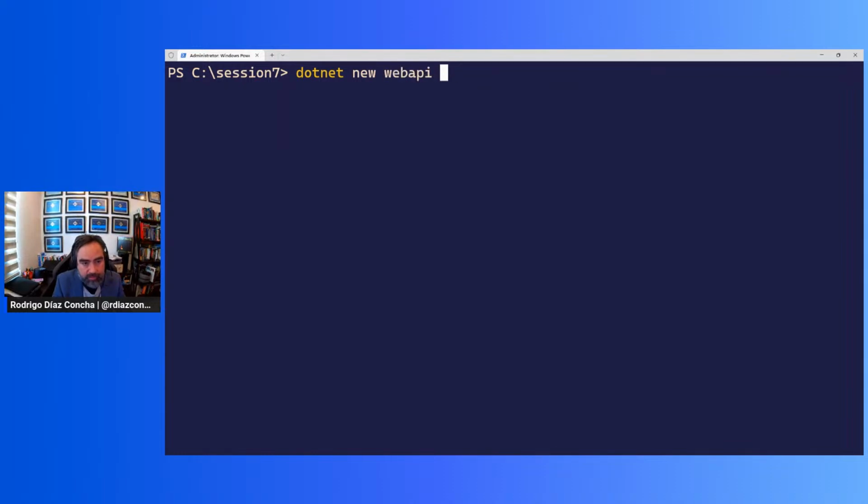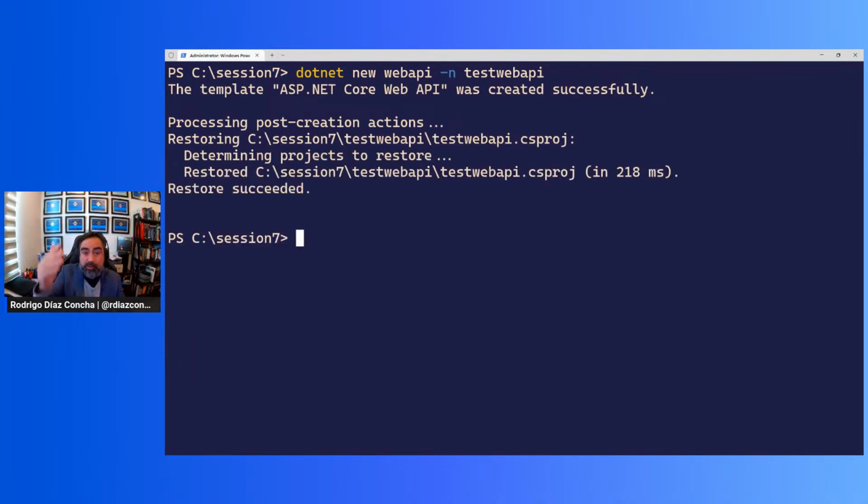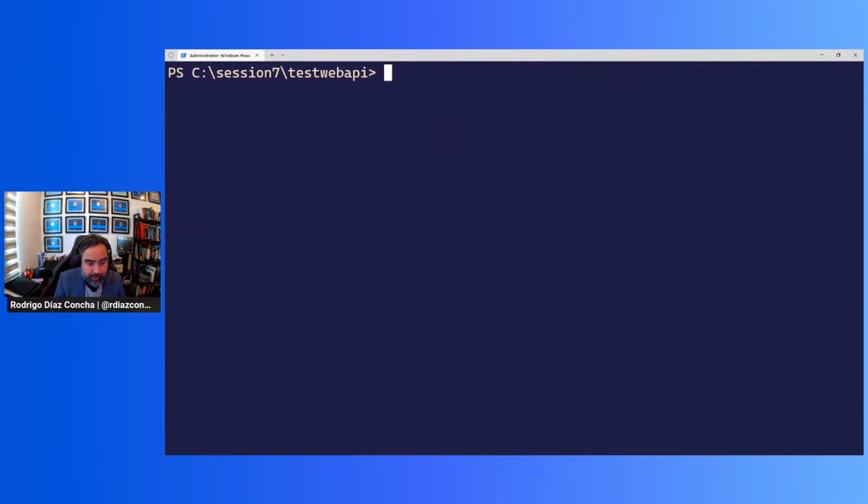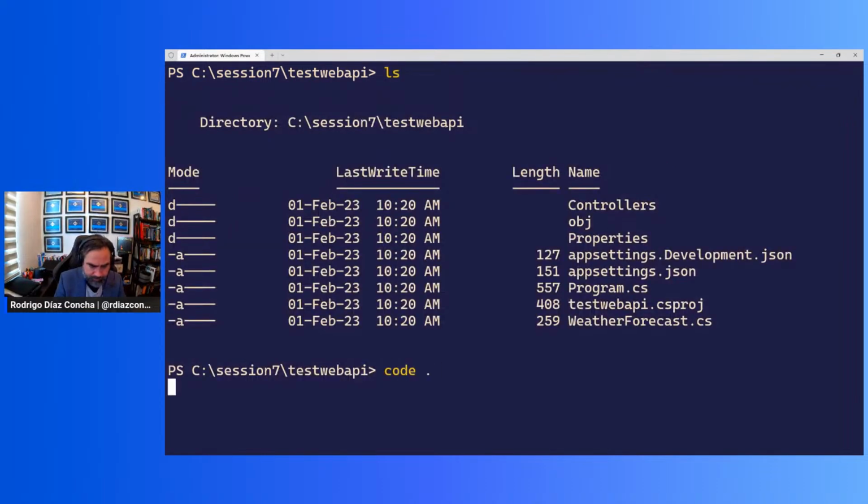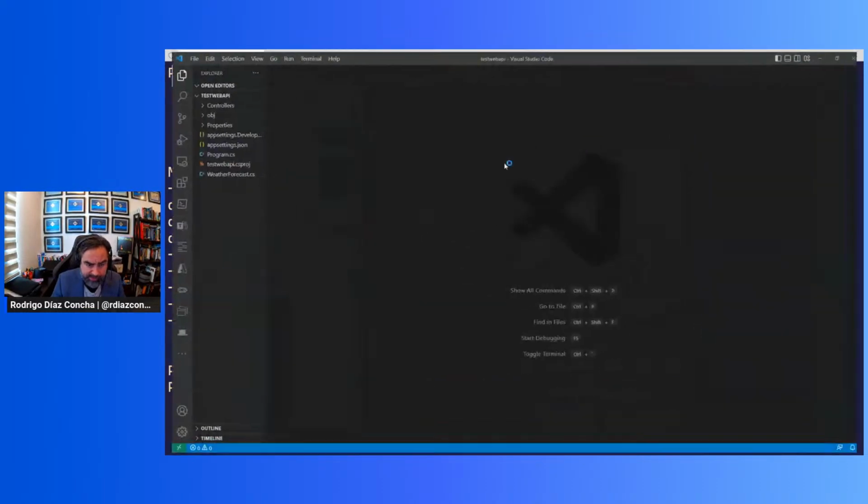So I can do this test web API or something. I'm not going to deploy an entire web API in this moment because I need to containerize it, and I don't have the time in this session. However, just for explanation purposes,